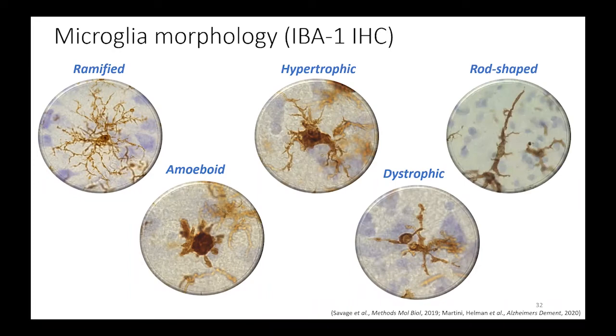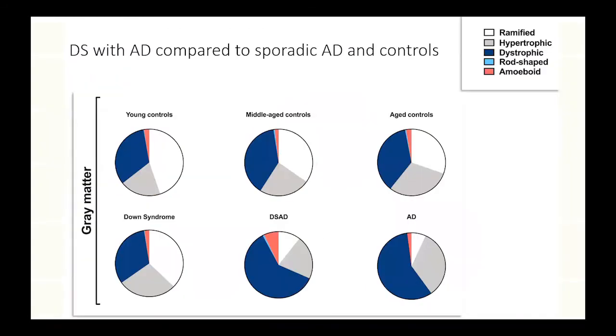And then we have these rod-shaped microglia, which are really cool looking. I used to see these in the hippocampus quite a bit. And actually they're positive for C1q complement, and these are thought to reflect a more chronic inflammatory state. So the morphologies are pretty clear in terms of being able to distinguish these, and those counts were done. It was absolutely interesting what came of this. It was completely unexpected.